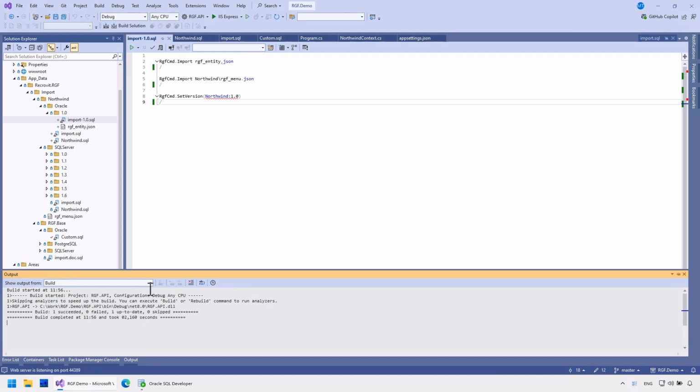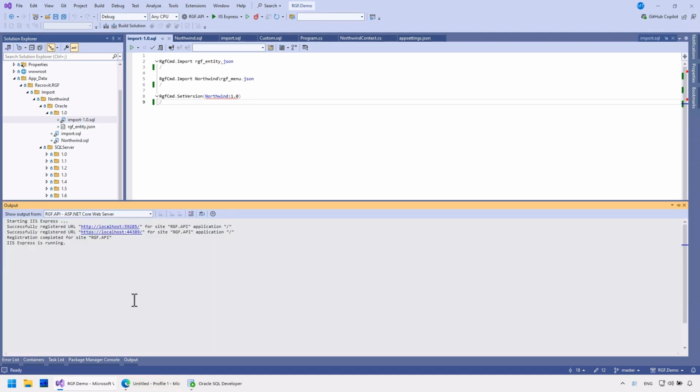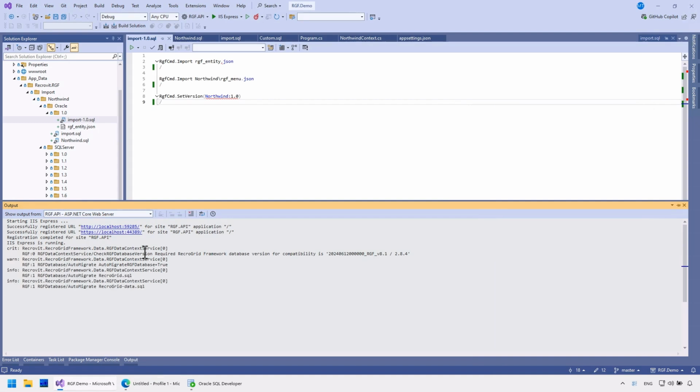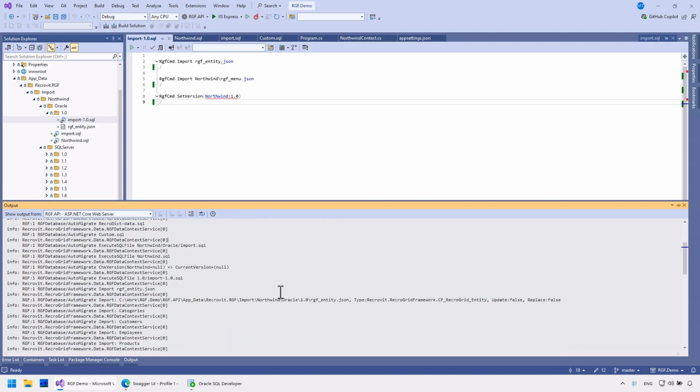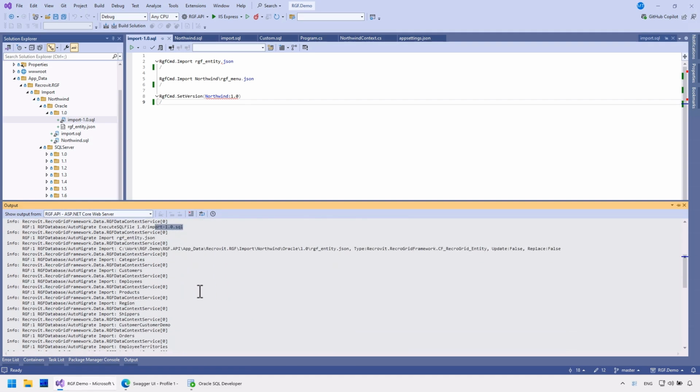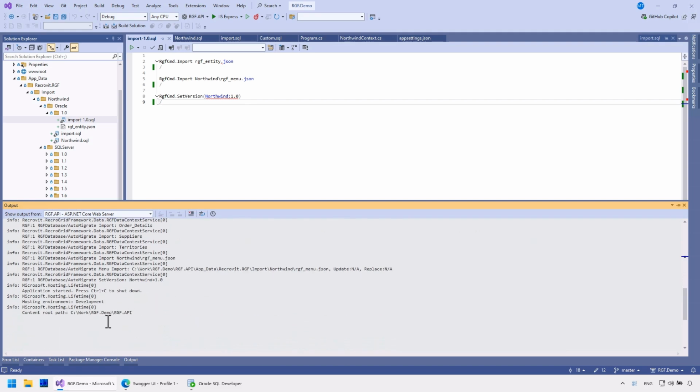Let's see if it works. It is clear that automatic migration is enabled. And everything runs smoothly. I will also start the client application.